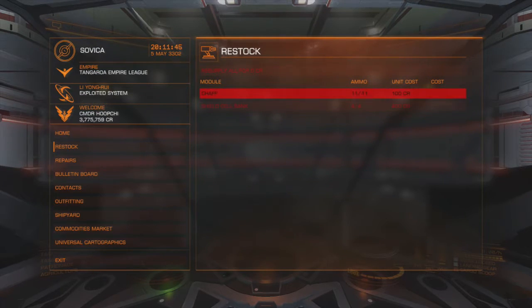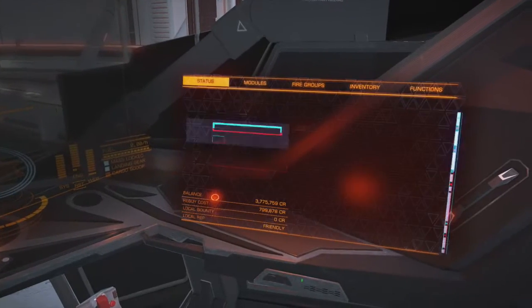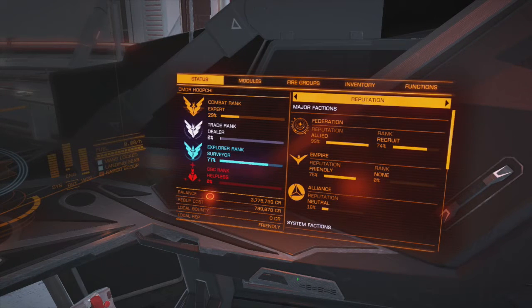If you only have money to restock one item, you might want to come in here to be able to pick out what you restock, and it'll show you how many credits you're going to spend. Hopefully you don't ever get to the point where you're that tight on money, and the reason is because over here on the right panel, if you look down to the rebuy cost, which is all the way down at the bottom left of the screen, right under my credit balance. My credit balance is 3.7 million credits right now. The rebuy cost for this Vulture is